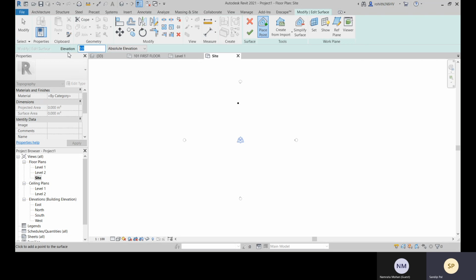And let's give some height, and let's place it over here, and let's place more. Let's give more elevation height so that you can properly understand how this elevation value affects your topographical map.